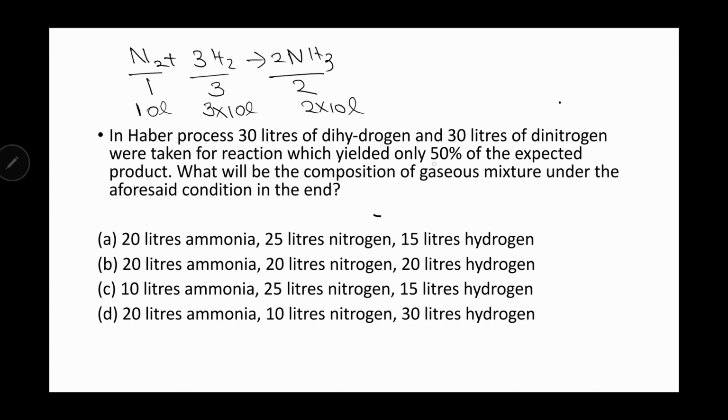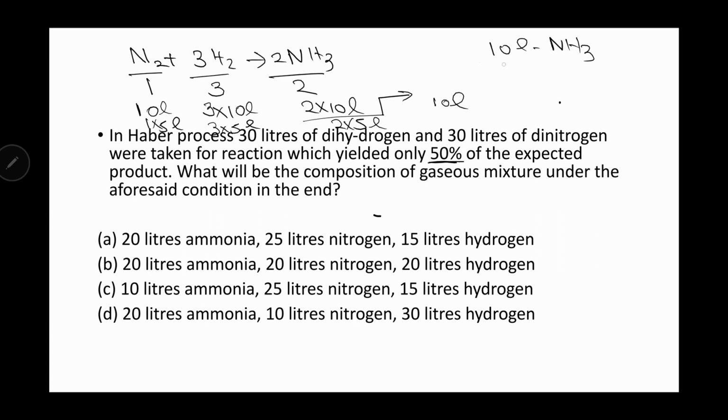But what it says is that 50% of the expected product was formed, which means only 50% of the ammonia was formed, which means only 10 liters of ammonia was formed. Now this means that we have 2 into 5 liters of ammonia, 3 into 5 liters of hydrogen, and 1 into 5 liters of nitrogen. So in our answer we will be having 10 liters of ammonia,